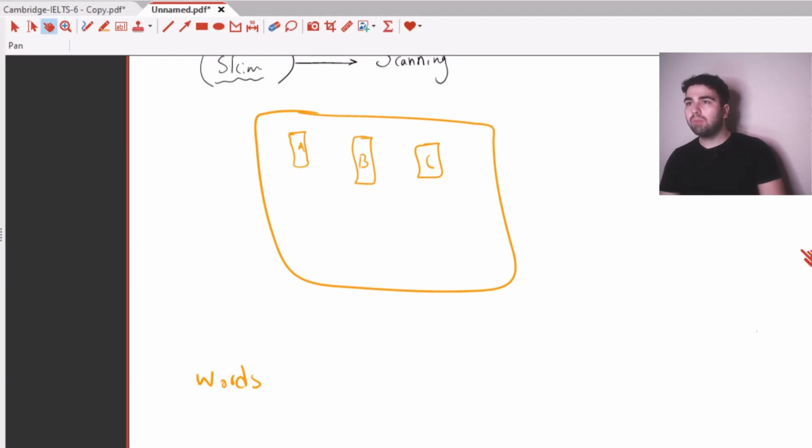So, in my point of view, based on my understanding of how our brain works, how the short-term memory works, and etc., I believe it is a good idea to first skim, have a general understanding, then based on the question, you decide which paragraph or which part of the text to focus more and scan. Okay,